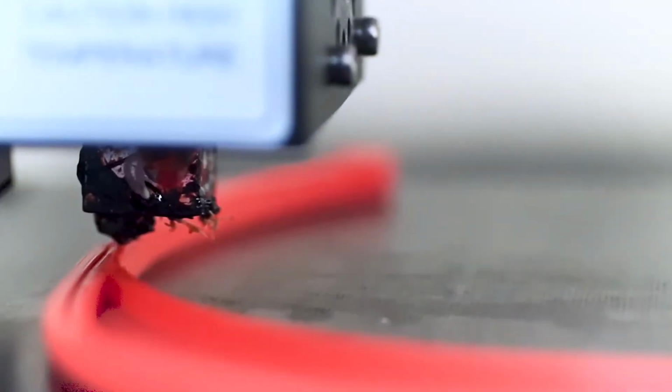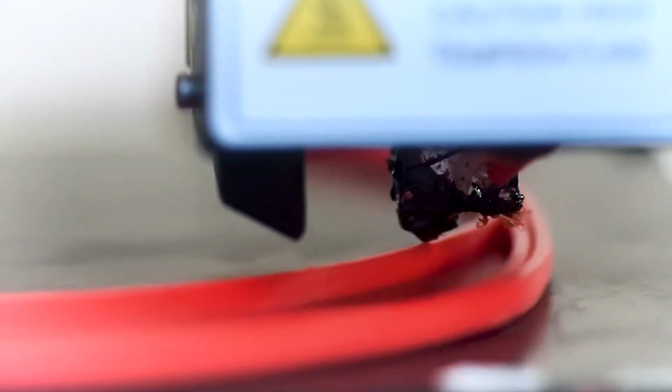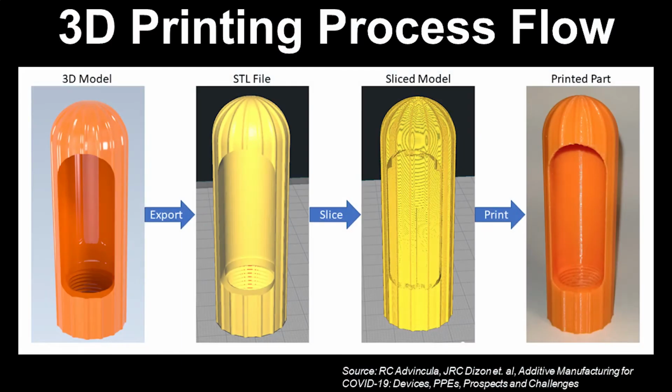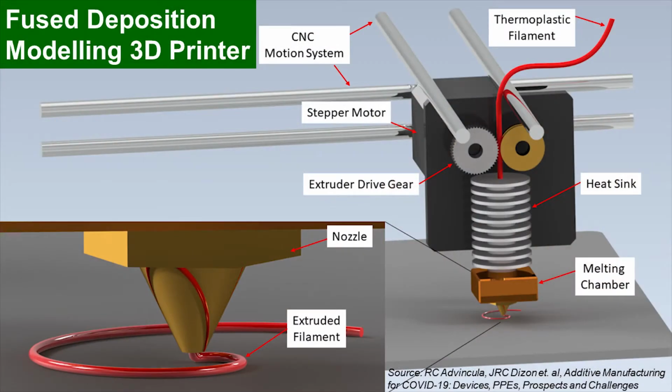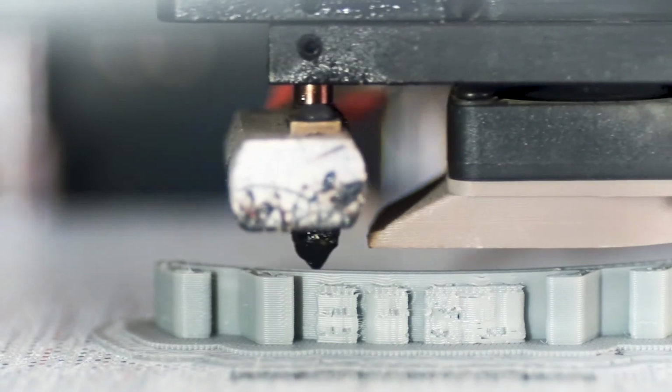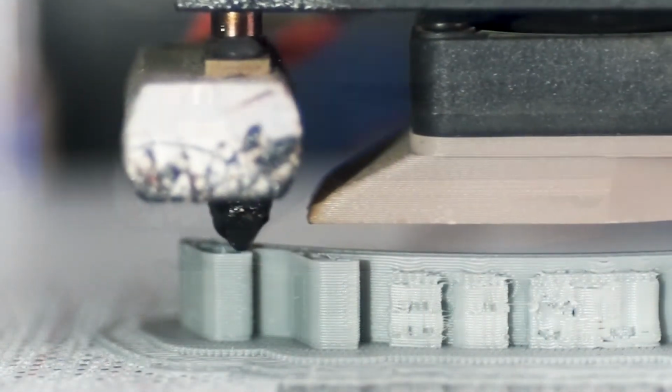How does it work? 3D printing starts with a CAD model, and then you slice it into hundreds or thousands of layers, and then you 3D print the part. The most common 3D printing technique, which is the fused deposition modeling, is similar to the principle of a glue gun, where a material is melted by an extruder, and the part is created by the layer-by-layer adding of materials